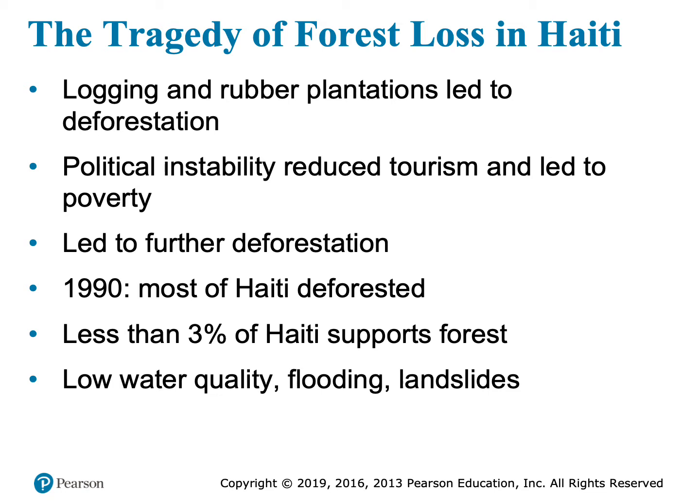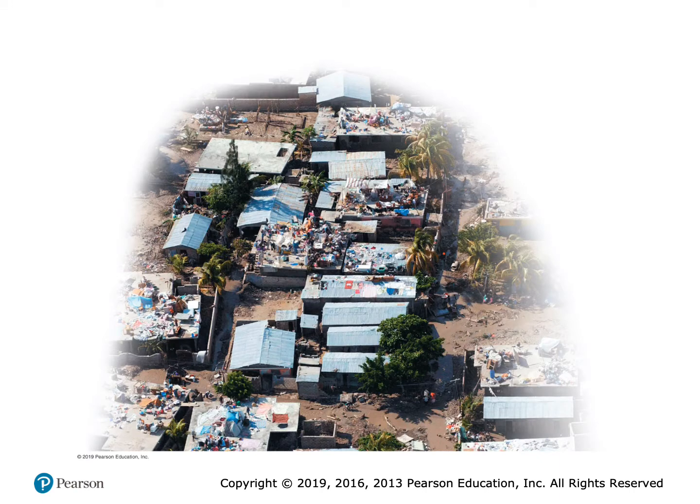As of 1990, most of Haiti was completely deforested, and less than 3% of Haiti supports forest. This causes very low water quality, flooding, and landslides. The tropical storm Jean brought heavy rains to the island of Haiti. This produced flash flooding in Haiti's deforested watersheds that resulted in the loss of thousands of lives and extensive property